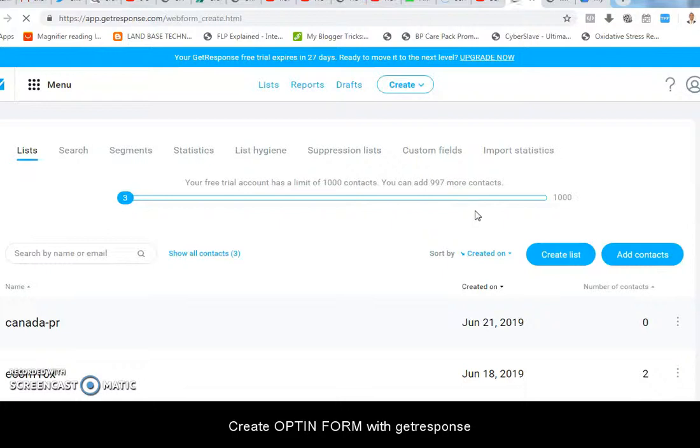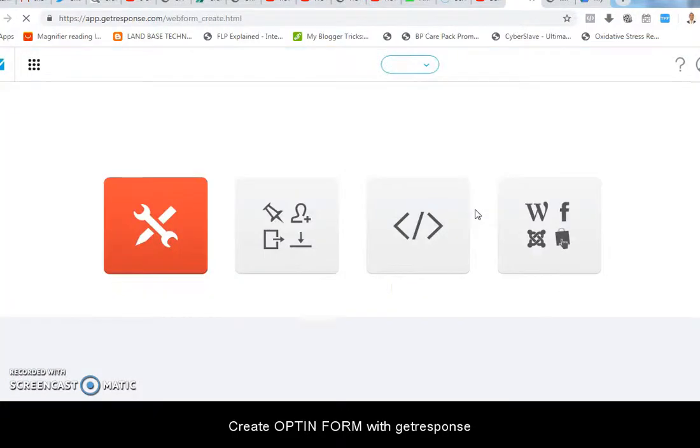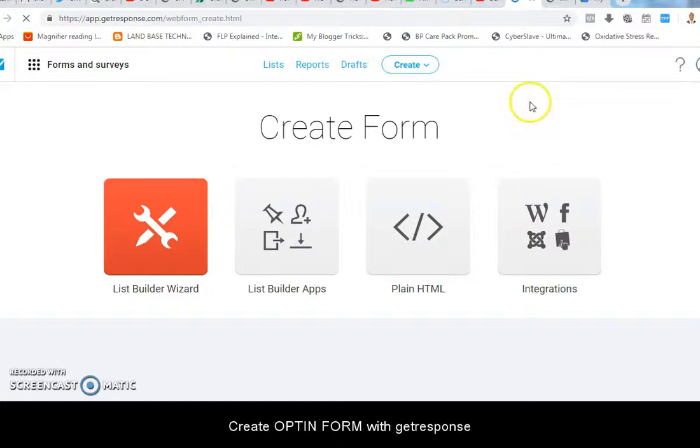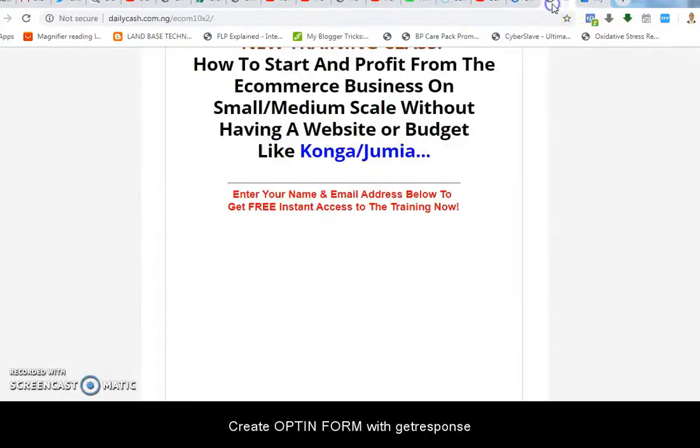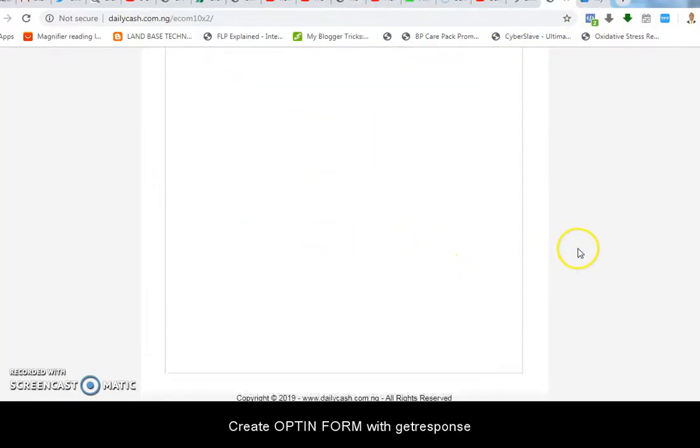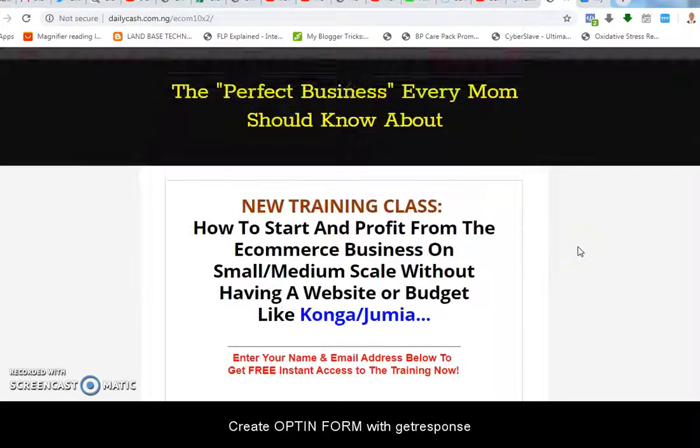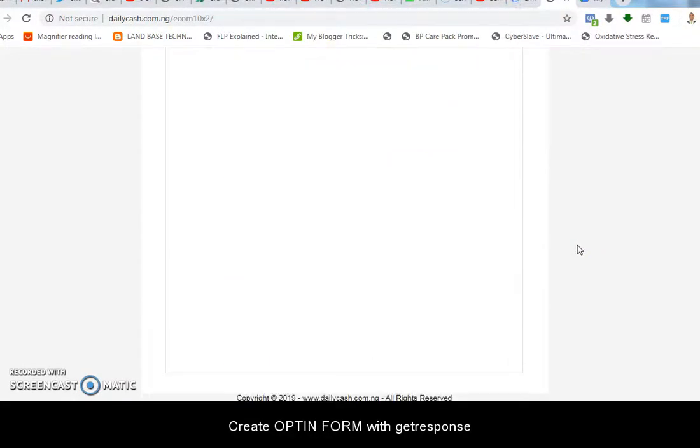So we have to create a form. When you come here, you can see create form.